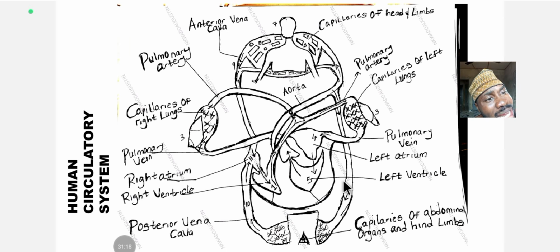So immediately as it's supplying all these body parts, the body parts are using up the oxygen in the blood. The cells are using up the oxygen. It diffuses into the capillary. There's exchange between oxygen and carbon dioxide by the cell. So the cell collects oxygen and returns carbon dioxide back to the blood. So at the end, what we now get in turn is a blood that is low in oxygen and high in carbon dioxide. And such blood is called deoxygenated blood, and is transported back into this posterior vena cava,